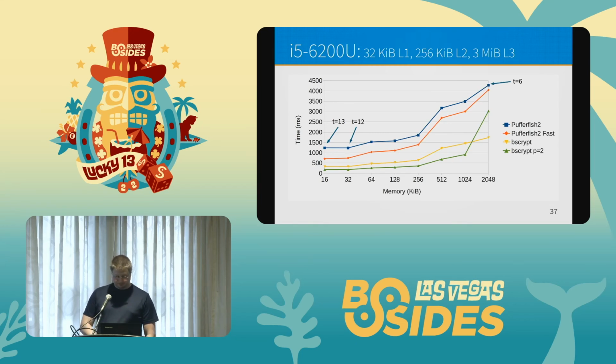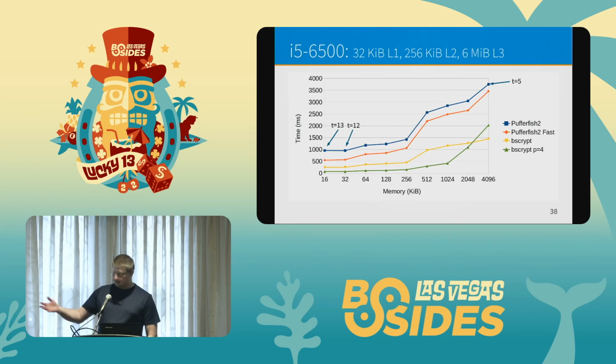for the defender. So, different CPU. This one has 6 megs of L3 cache, and for bscrypt P4, the last 2 are now hitting memory. So the nice thing about it is with multiple cores, so these are all,